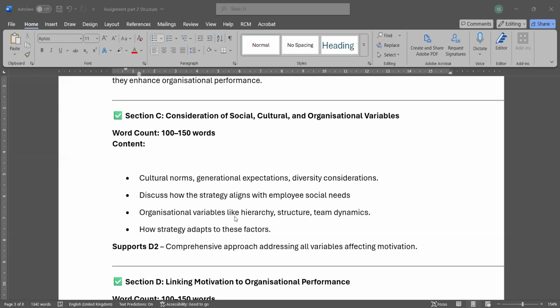And then for organization variables, you can talk about the hierarchy, the structure of the organization, team dynamics, and the leadership styles, and how they can link with them. If you are talking about hierarchy, this one is not suitable, or this organization structure is more suitable and more motivating. Maybe you're using a team-based structure.